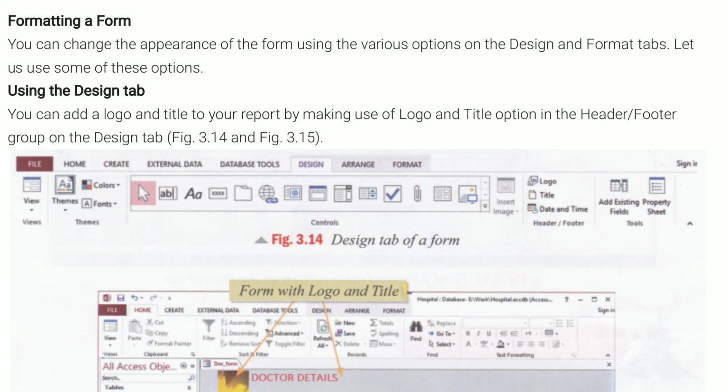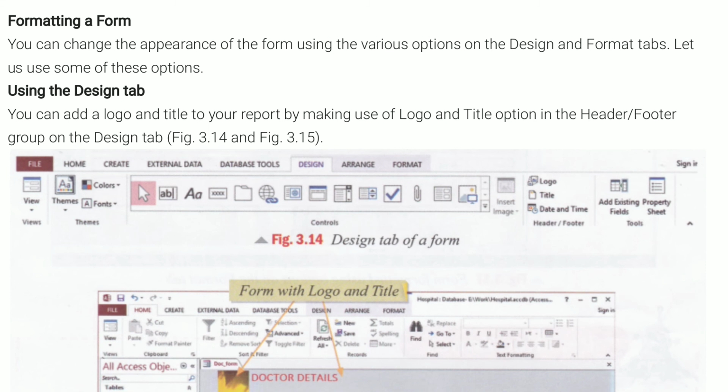First of all, let's understand how to format the form using the design tab. As we click on the design tab, we get different options. As you can see on the screen, these are views, themes, controls, header and footer, and tools.